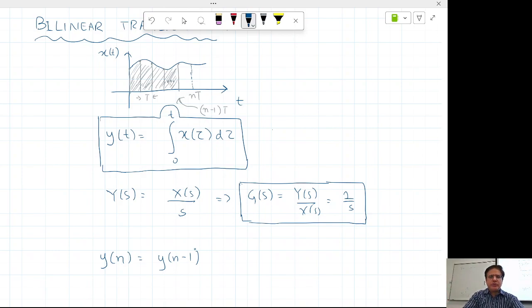So I just want to find the approximation of the output of the integrator for sample number n. So how can we find it out? One possibility is that I take the output until the n minus 1 sample, right? And then I add to it the average signal value during these T seconds